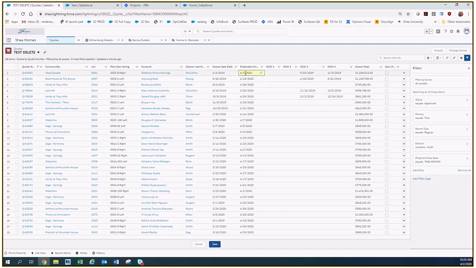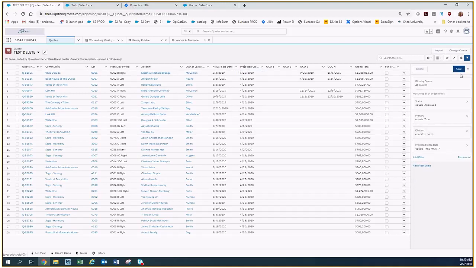One note on that is if you are in something like quotes, or one of the common ones, where you're not seeing these pencils and you're wondering why am I not able to see that, a lot of times you'll come over here and if you hover over this, it'll say why. It wants you to pick a record type. So for quotes, we have spec quotes and we have regular quotes. It wants to define which one before it's going to let you mass update. So to demonstrate that, if I delete the record type and I save it,